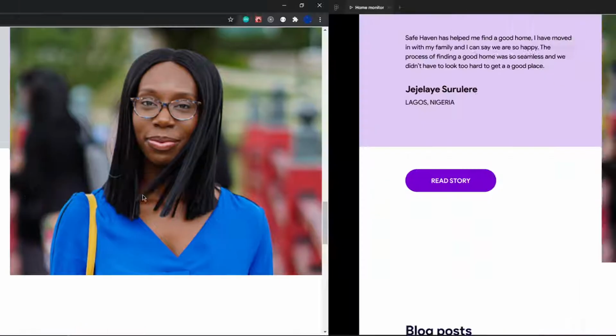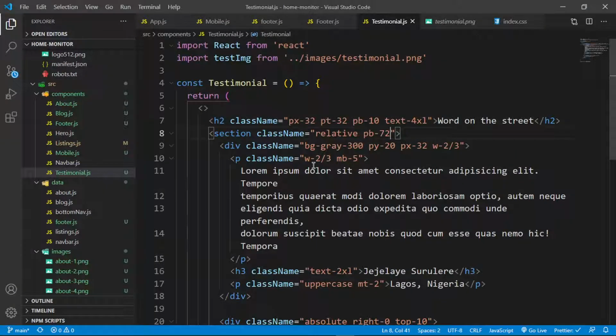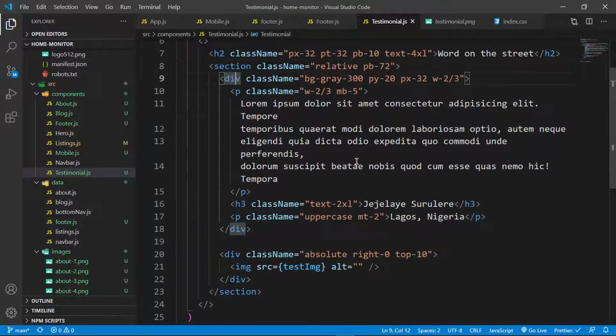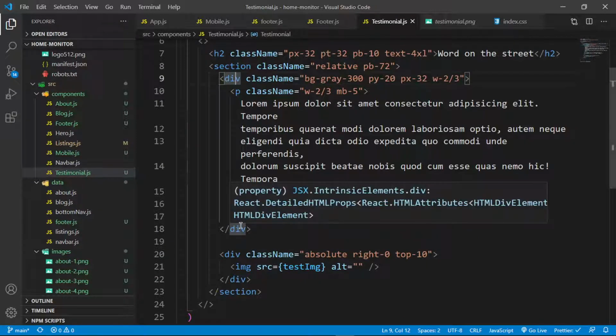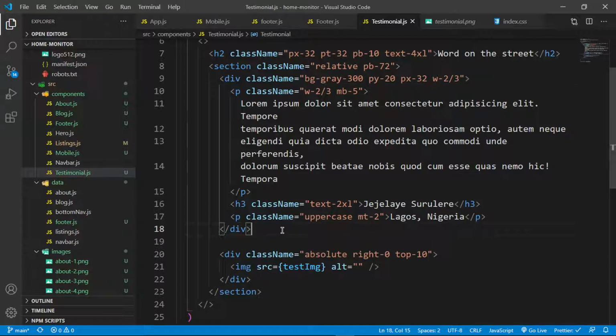Okay, so once we have this padding of 72, now what's missing is just basically this button, right? So this button, where do I add this button? Should I add it inside this? No, but then if I were to add it inside this, it will have a background color. I don't want that to happen. So instead, what I'm going to do,